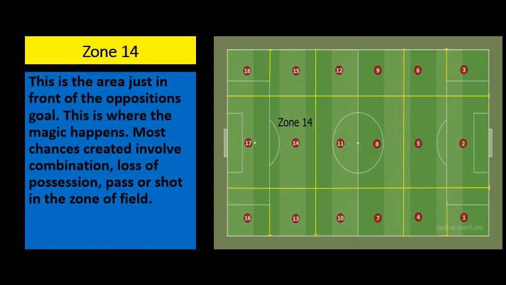The playing field is divided into 18 zones and one of the most important zones is the one in front of the goal. The reason is from this zone we can shoot on either side of the goal at better angles and also play a variety of combination play, and still if that is not possible we can switch the play to the other side.